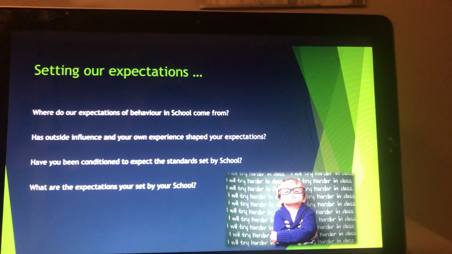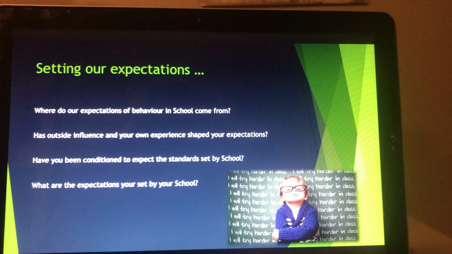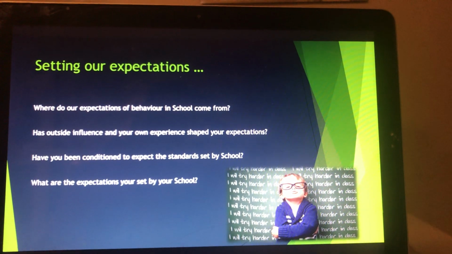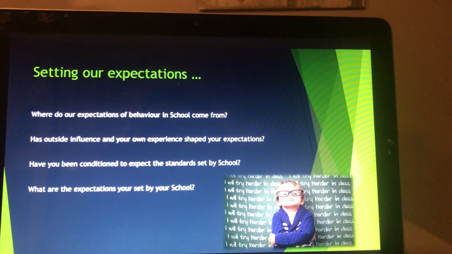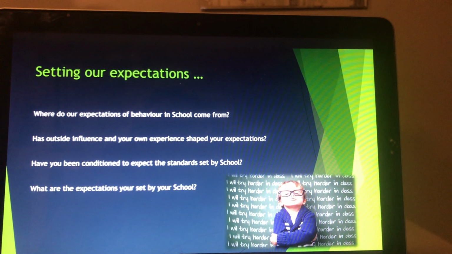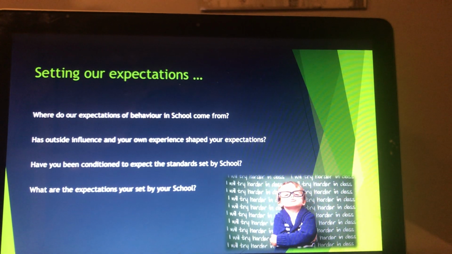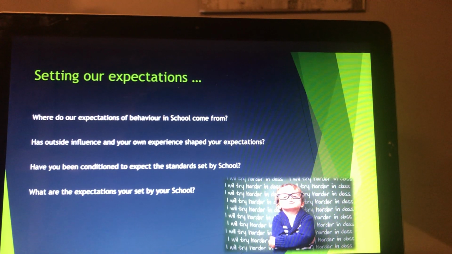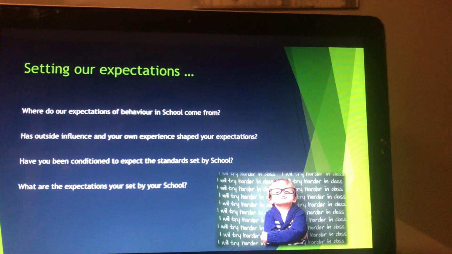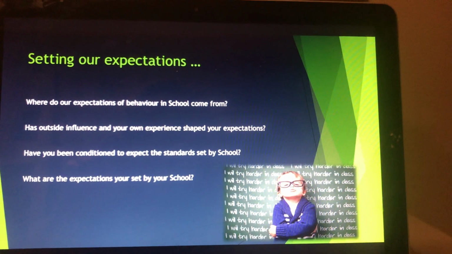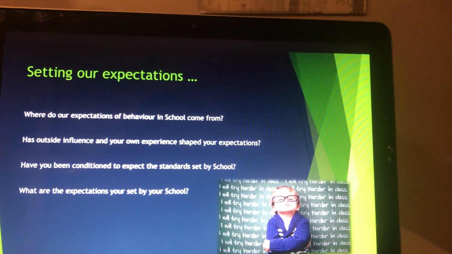And then what are the expectations set by your school? Are there expectations your school sets around communication, around the way that students dress potentially, disciplinary policies? Does your school model respect between adults and children?